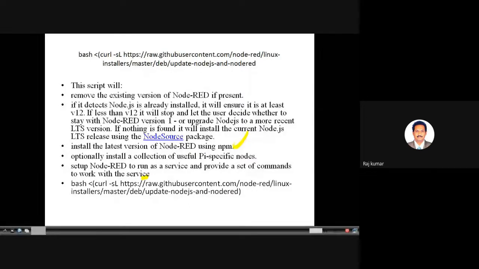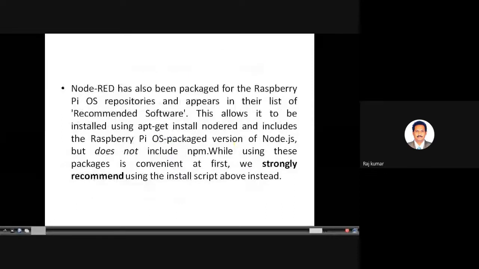So here, this is the same command which I have seen now. Here also you can see it has already been packaged for the Raspberry Pi operating system. When you install the operating system on your device, it will have some repositories already.